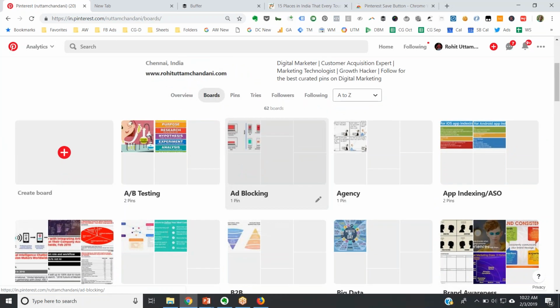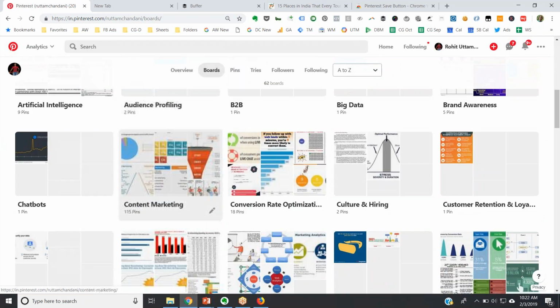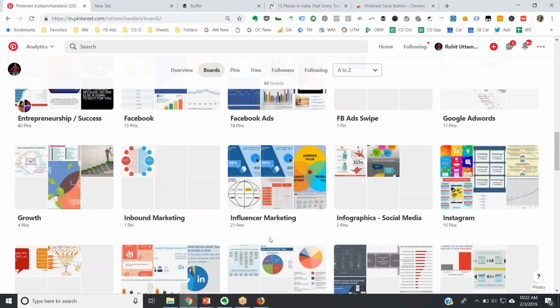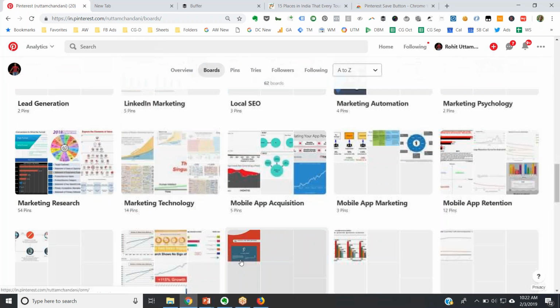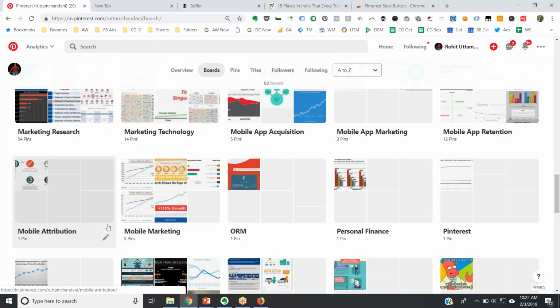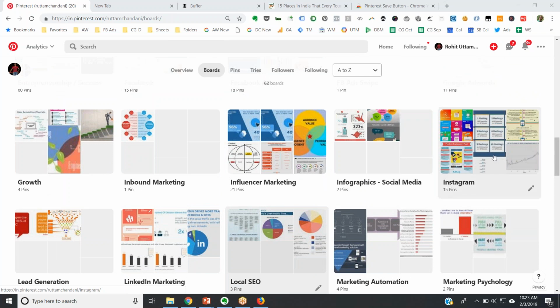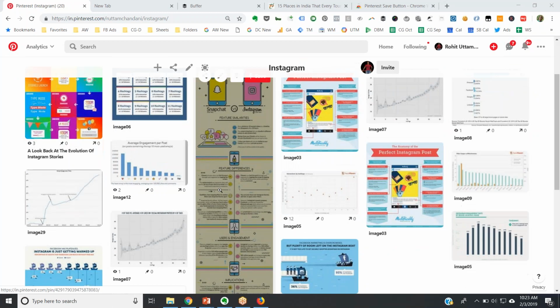you see I have boards on everything to do with digital marketing, right from audience profiling to AI to conversion rate optimization to content marketing, right, to analytics to advertising to Facebook ads, Google AdWords, right, social media infographics, Instagram, right, LinkedIn, marketing automation, right? All these boards are largely digital marketing boards. Whenever I find any interesting picture on the internet when I'm reading an article, I just save it to my boards, right? For example, if you look at Instagram here, I just save all things on Instagram